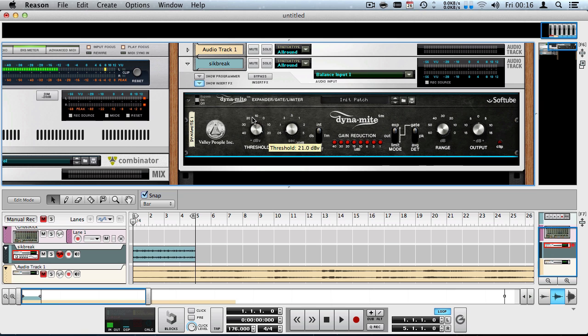And now what we can do is basically gate the signal. So if I play it back now, we don't hear anything. But as I lower the threshold, it will allow the loudest transients to come through. So here are the kick and the snare. Those are the loudest elements in this track. And then as I move it down,